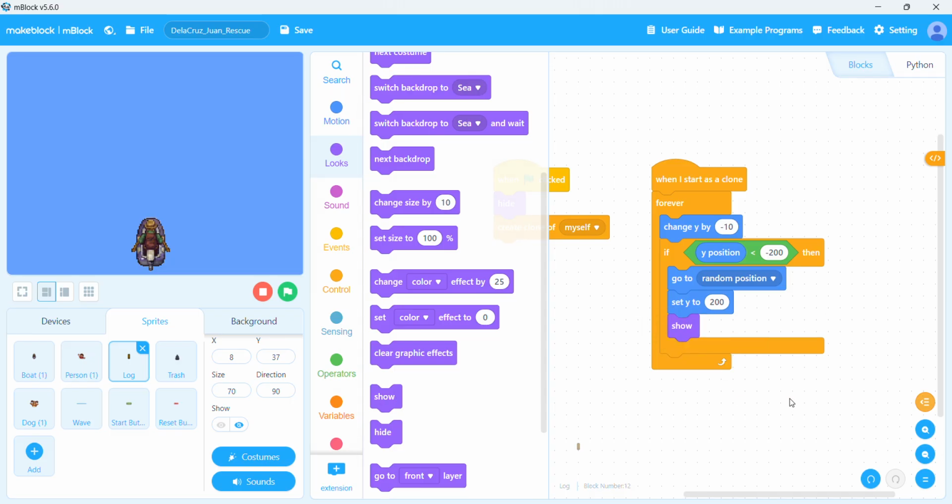The go to random position picks a random X coordinate, but because the next block immediately sets the Y to 200, the clone always respawns at the top of the stage at a random horizontal position. The show block makes it visible since it was initially hidden. Run the code, you should see the log spawning at the top and falling down continuously.